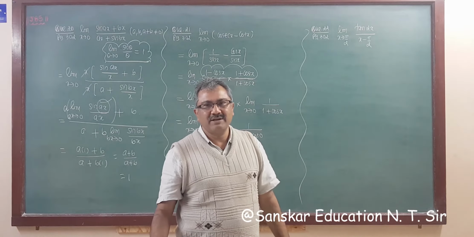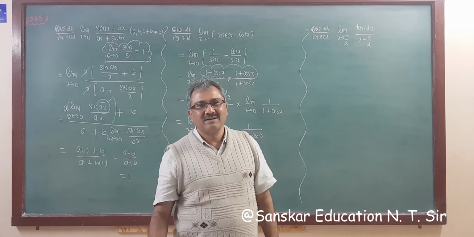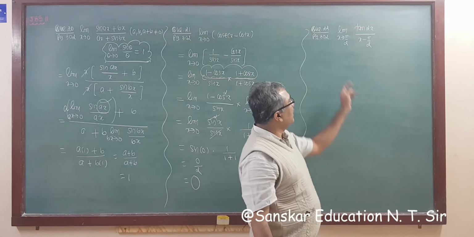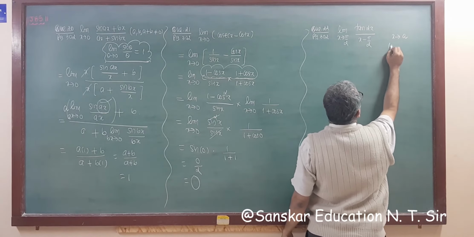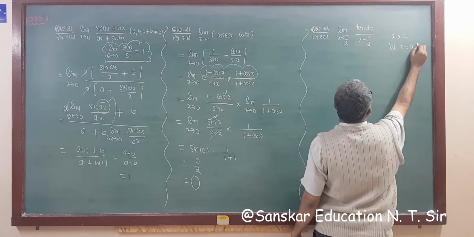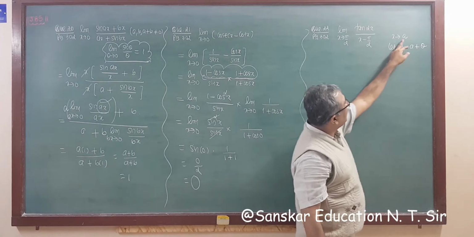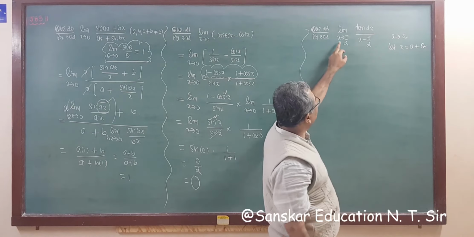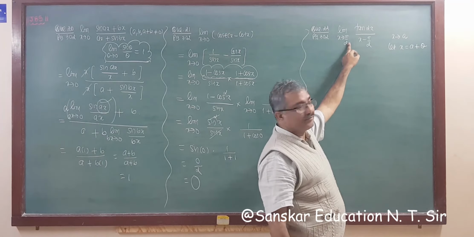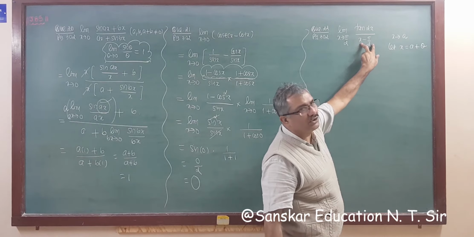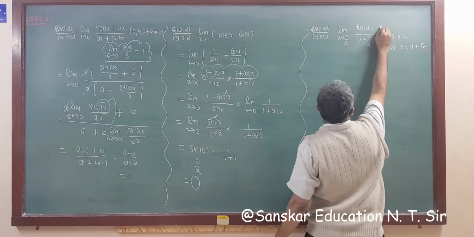Nothing, right? No idea at all, कुछ पता ही नहीं चल रहा है, right? तो क्या करना है? So at that time, if x tends to a, then you have to assume let x is equal to a plus something, that is theta. You can assume x is equal to this a plus something. That means we have to assume x is equal to pi by 2 plus something, because you see here, if we substitute pi by 2, that is 0, and here tan pi is also 0, so this is a 0 by 0 form, right?